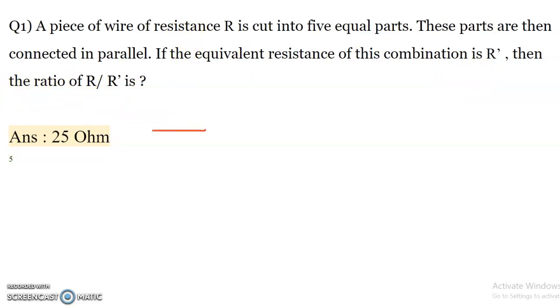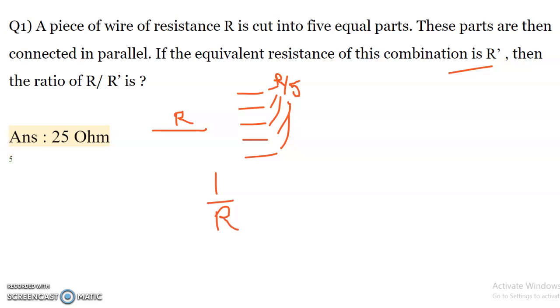Now let us assume that this is a wire of resistance R which is cut into 5 equal parts. So each of the 5 parts will have an individual resistance of R by 5, because they are cut from the original wire of resistance R. That's why they will have R by 5 resistance, and all of them are connected in parallel. All these 5 are connected in parallel and that combination is R dash. So it is like writing 1 by R dash,